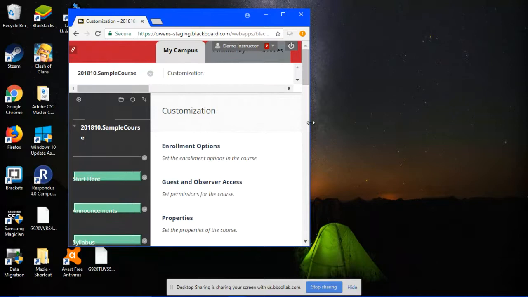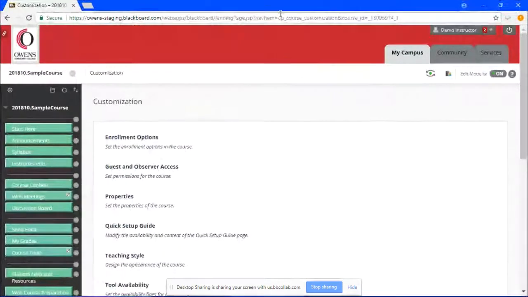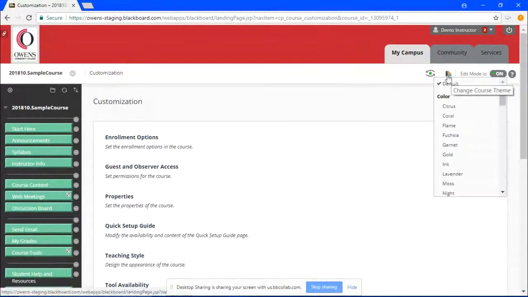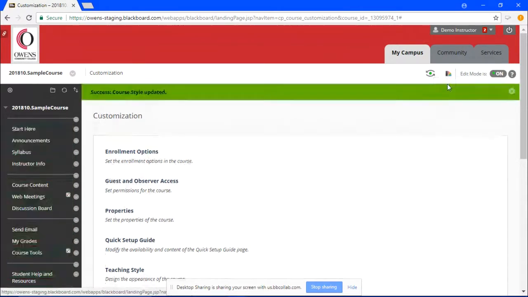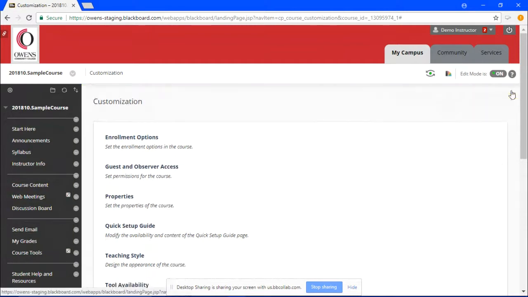So we do encourage using the text versus the buttons, but we do know a lot of instructors like buttons, so we did not want to take those options away from you. I can tell you that if you don't like your changes and you want to make a quick repeat back to the default, simply go up to what I call the NBC fan next to the student preview eye, click default, and it sends it right back to the way it used to be. So you can always leave it as the original should you choose. Are there any other questions or concerns that I can answer for anyone at this time?